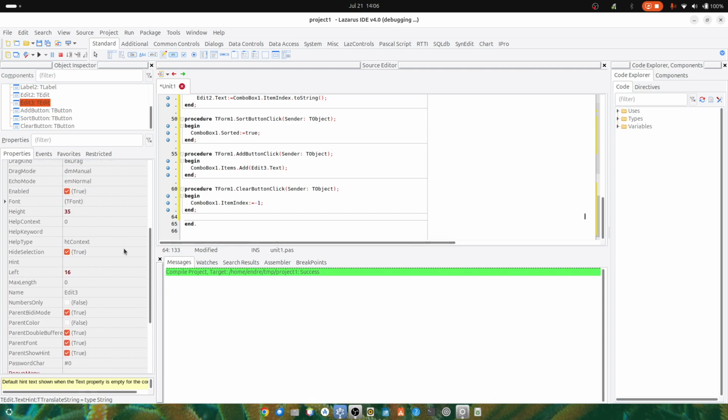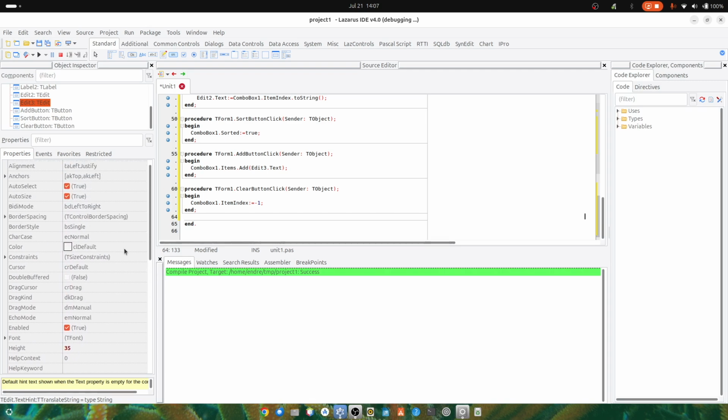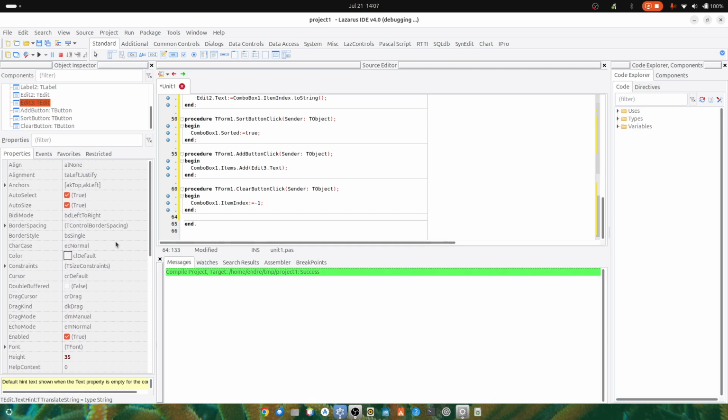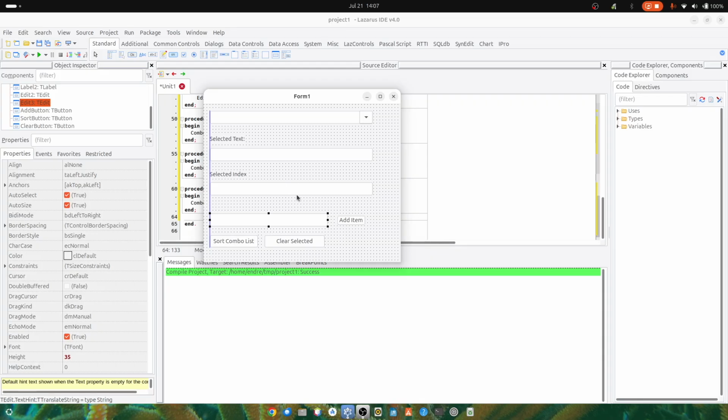Hi, today I want to show you how you can create combo boxes, or how you can use combo boxes in Lazarus and Free Pascal. To demonstrate the functionality of the combo boxes, I created a very small project here using one combo box,